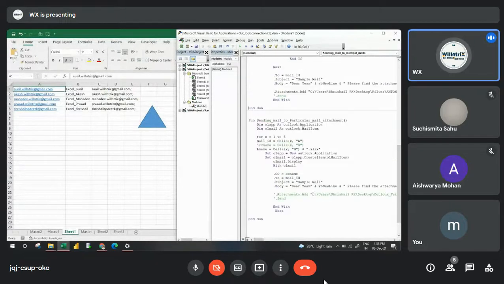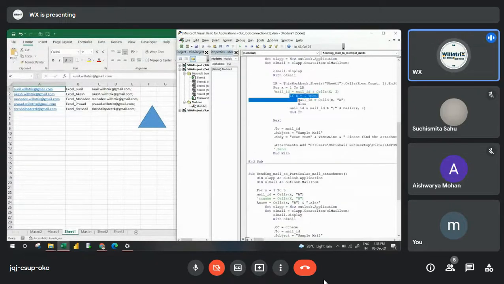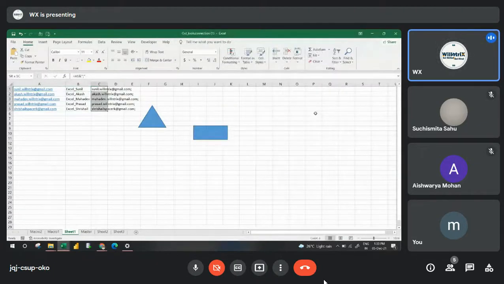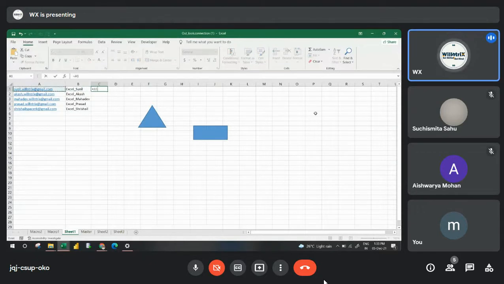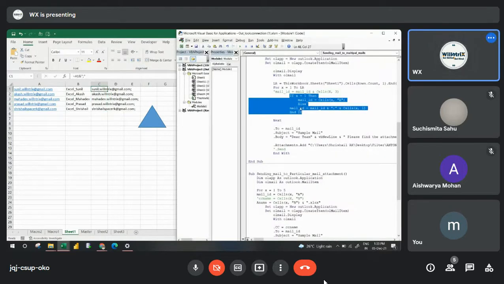Or else, if you get confused with this, particularly I'm using an if condition, what you can do is directly take a cell reference of C. I will just concatenate with the semicolon. That's it. If you have difficulty there, first create a semicolon and take the C column as a reference. It's not required to do all these things if you have created an extra column.